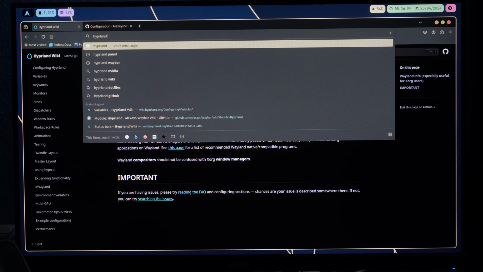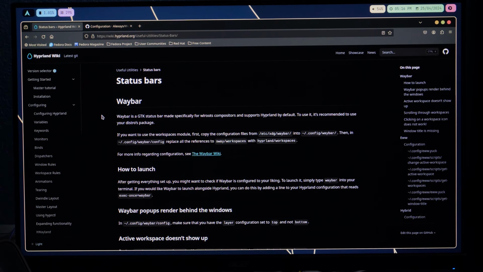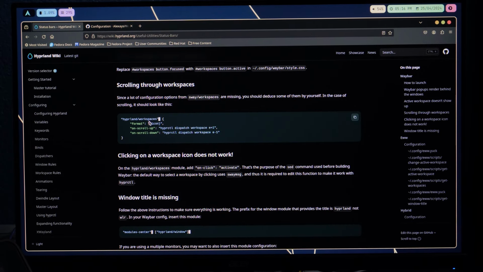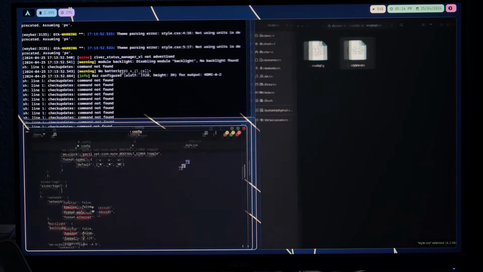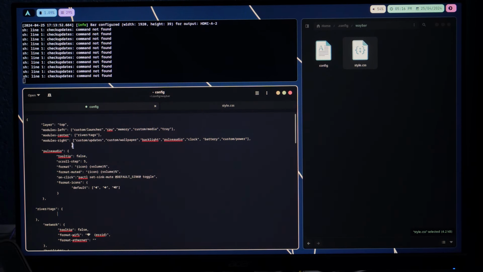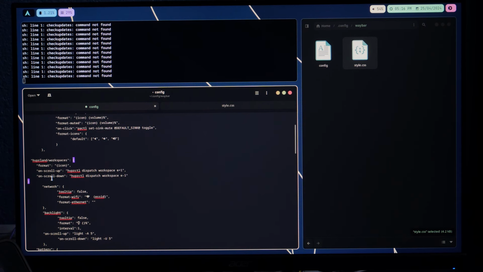Okay, next we need to just search for Hyprland Waybar. So here we have the status bar page of the Hyprland wiki, and here you will get the Hyprland/workspaces page. I'm just going to copy all the code over here and get back to the main config area. Let me just increase the size of this page, and I'm just going to replace the entirety of river/tags with this one. Make sure to put the comma so that you maintain the JSON format